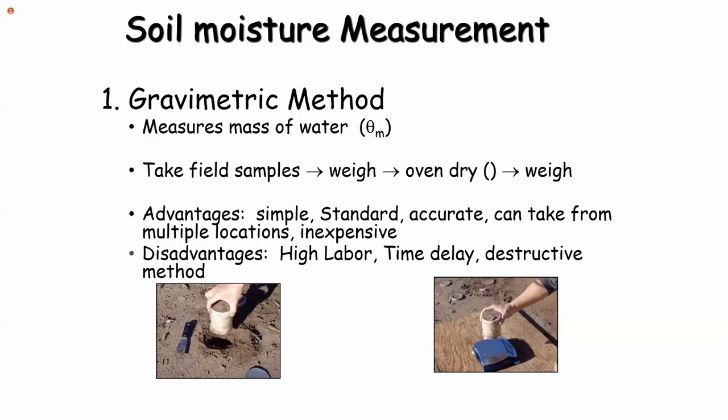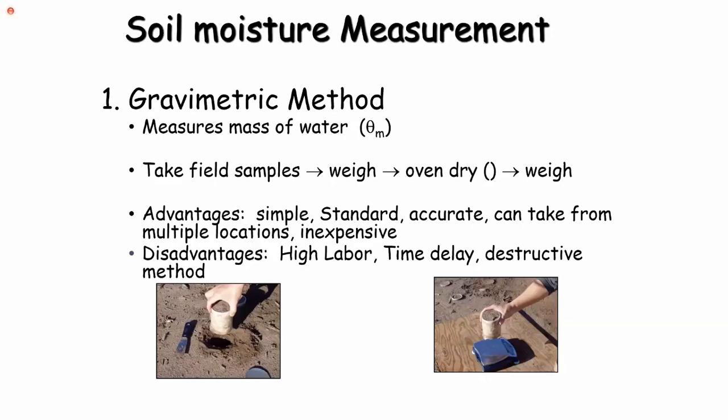any other method cannot measure this accurately, and it is an accurate method. And also you can take samples from multiple locations and you can measure, and you can get an average value. And also it is comparatively an inexpensive method. However, you need to have an oven to measure this gravimetric method, because you have to remove the moisture